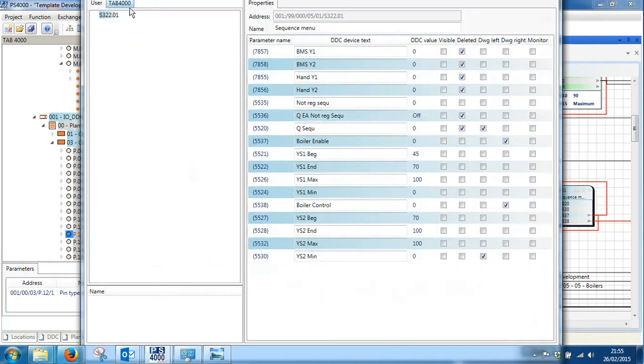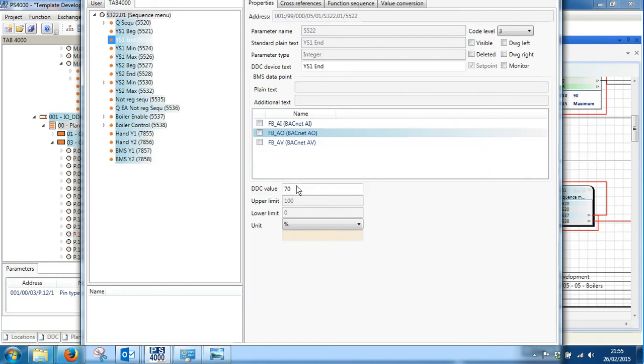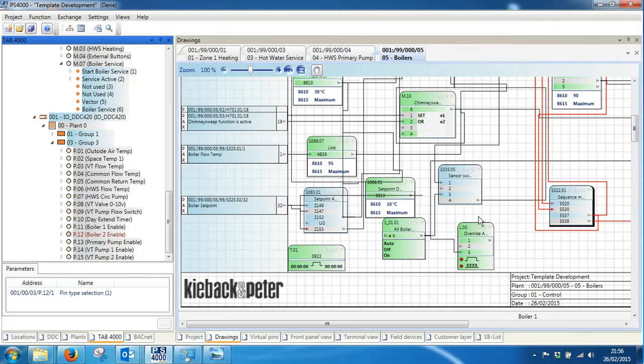over their modes. So the setting I need to change now, because I'm not going to use the 0 to 10 volt ramps, is this parameter here, which is YS1 end, and I need to set that to be 100. On the training courses we'll explore more why, or you can drop me an email and I'll explain in more detail. But that's only if you've got purely on-off boilers and you're using this template 0822, and that will be the same for any multi-stage template which has got 0 to 10 volt signals